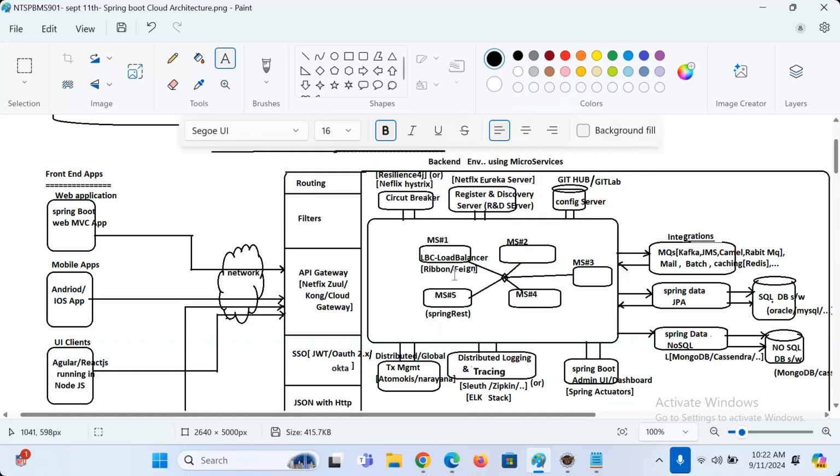Everyone will hit the API gateway, and from the API gateway, links will be there. If the last word in the URL is this, go to this microservice. Last word is this, go to this microservice. Like this, API gateway will delegate to other microservices.